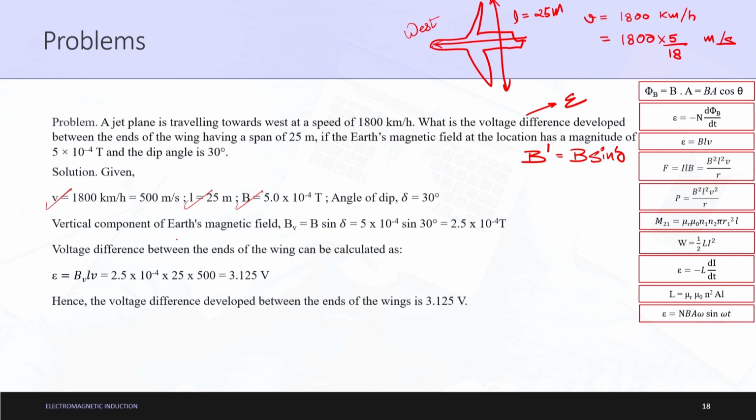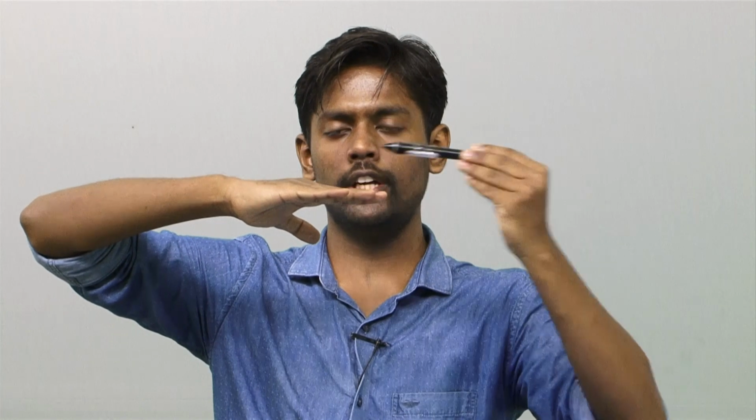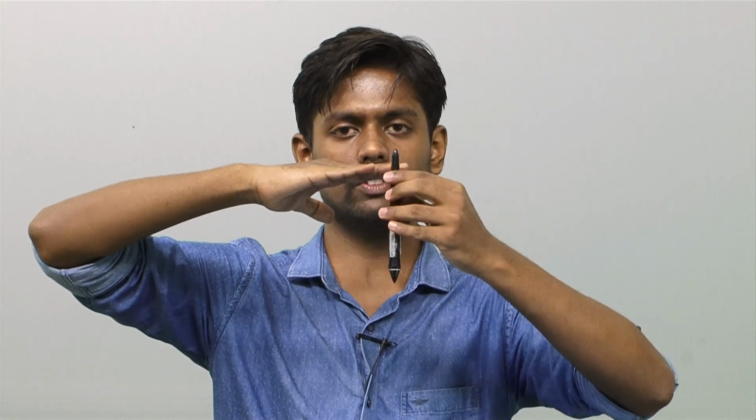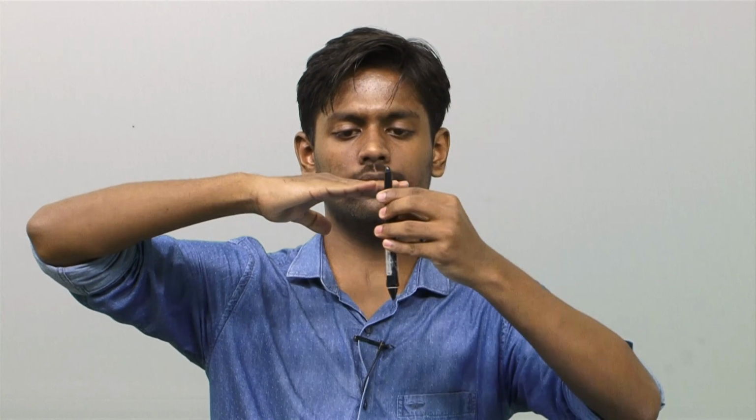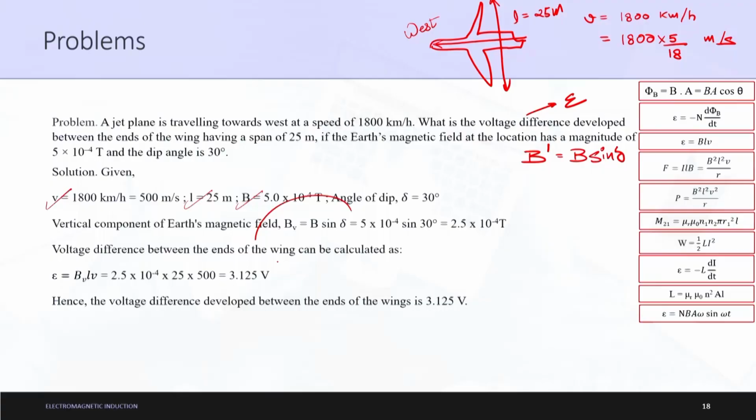Now the vertical component of Earth's magnetic field is nothing but B_V equals B sin delta, because this time we need to calculate the vertical component. We don't need the horizontal component. The horizontal component is in line with the movement of the plane. That's why we calculate the magnetic field like this, and then calculate the motional EMF produced. So B_V is equal to B sin delta, which is equal to 2.5 into 10 to the power